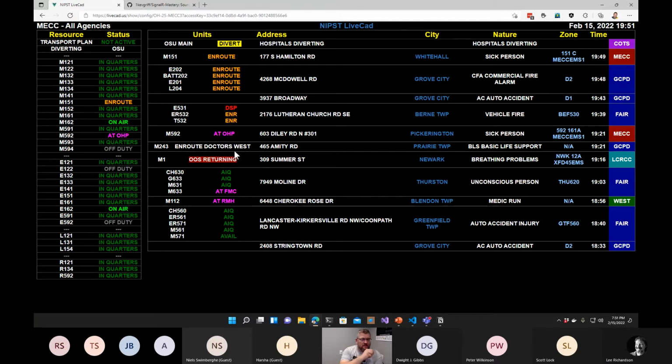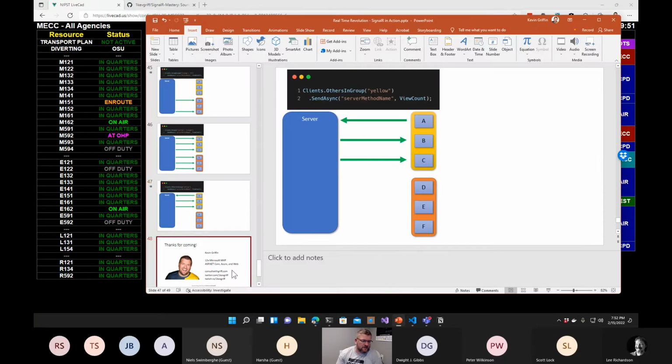But I love talking about this app because this is one of the first big SignalR apps I ever did. But I think this is the most meaningful. If you mess up the email count in a notification, no one gets hurt by that. But you do it right in this app, people's lives could be better for it. So, with all that said, let's go to my fancy little